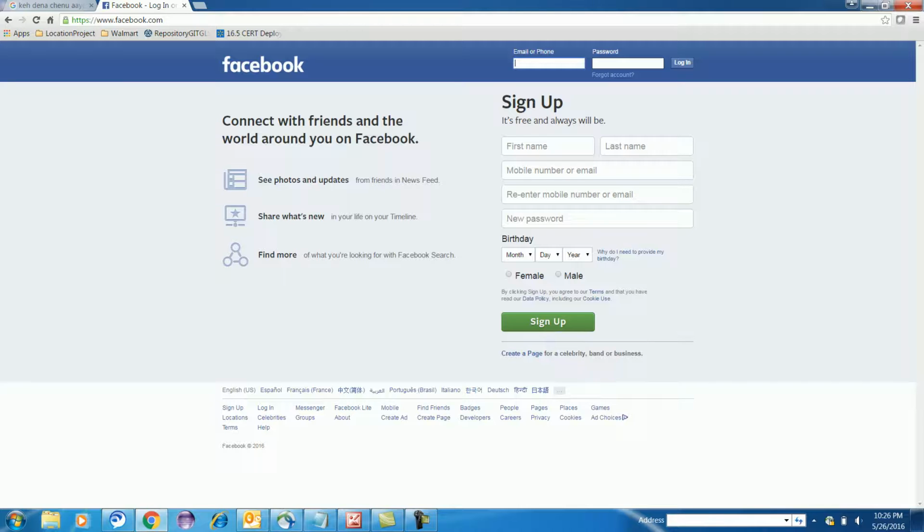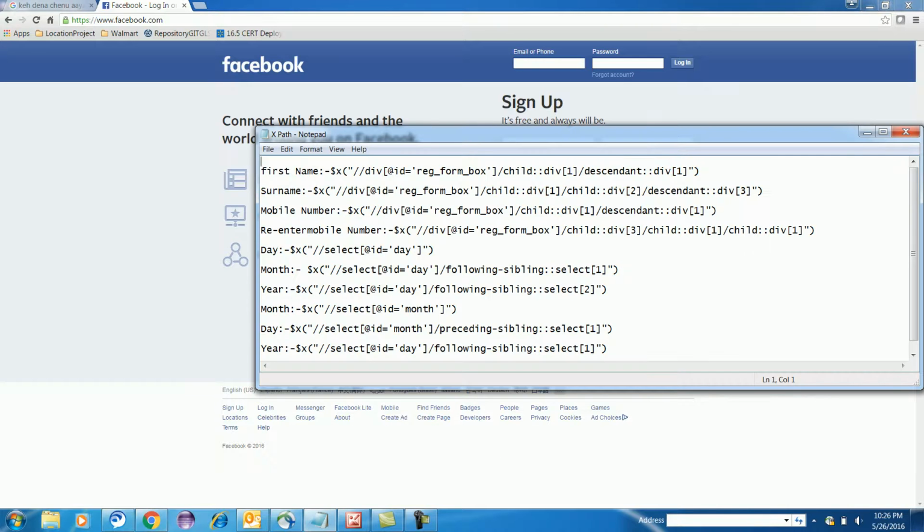right? So today I will not discuss much about following and preceding siblings. I'll directly start with descendant and ancestor. I have updated all my objects on my Facebook page, so you can get the updates and all the objects. First I will show you today, because today I will follow the reverse manner. First I will show you the object, and then I will show you how to construct this object, because this I have already constructed.